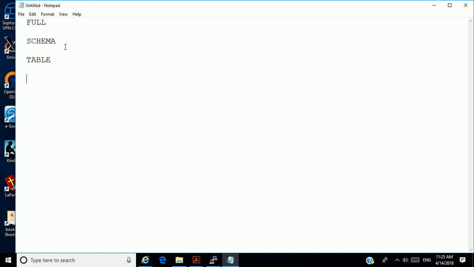One thing about exports: they don't have the possibility of restoring up to a point in time like RMAN does. So you could also be asked to export tables. For one table, copied from one schema to another schema. They could ask you to change the name of the table, copy it into another name, and so forth and so forth.